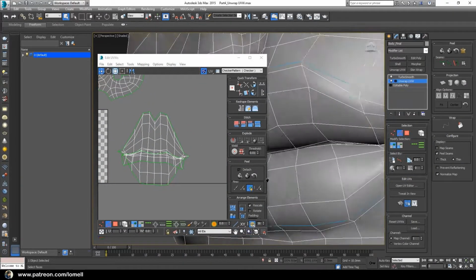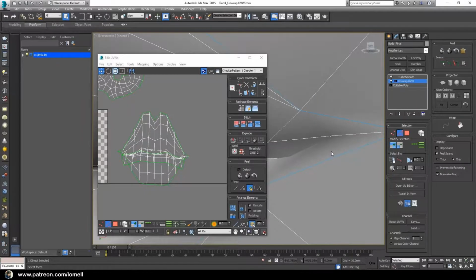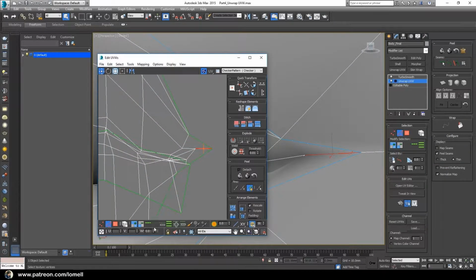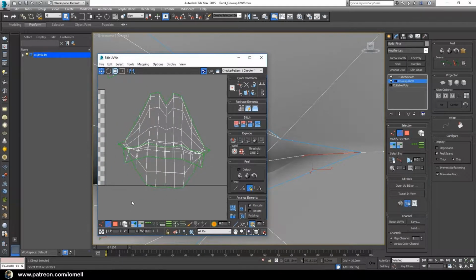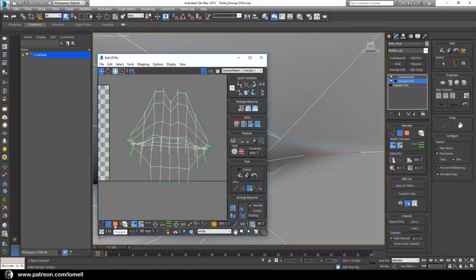Okay, then select here and loop and press Control B,